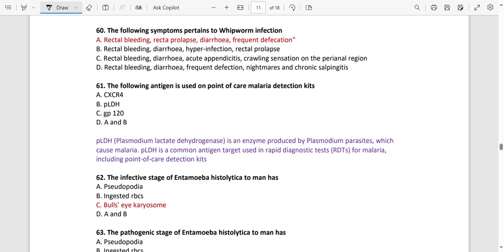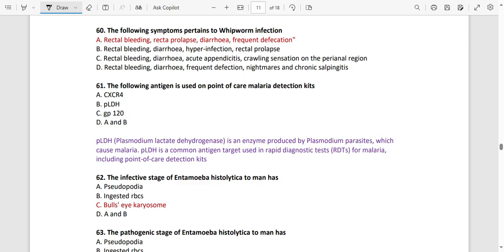The following antigens is used on a point of care malaria detection kit: CXCR4, PLDH. So I've even put it there, PLDH, which is a Plasmodium lactate dehydrogenase. It's an enzyme which is produced by the Plasmodium, which is the guy which causes malaria. So this Plasmodium lactate dehydrogenase is actually going to be used for diagnosis and antigen that can be early detected even in the point of care detection kit. So that is B,